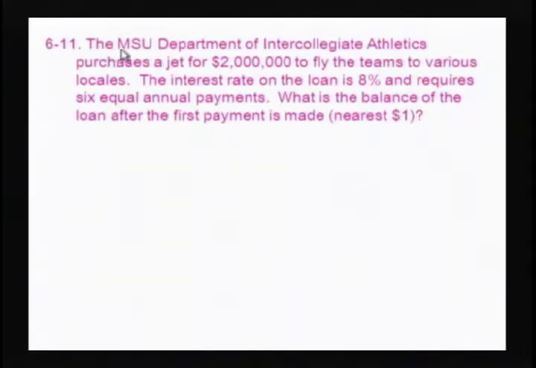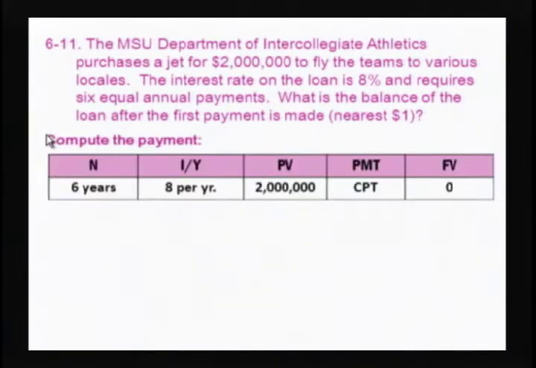Problem 6.11 says the MSU Department of Intercollegiate Athletics purchases a jet for $2 million to fly the teams to various locales. The interest rate on the loan is 8% and requires 6 equal annual payments. What is the balance of the loan after the first payment is made? To do this, we basically need to set up the first line of an amortization table, but first we will need the payment amount. We borrow $2 million, make 6 equal annual payments at an 8% annual interest rate, and the payment to pay off the loan would be